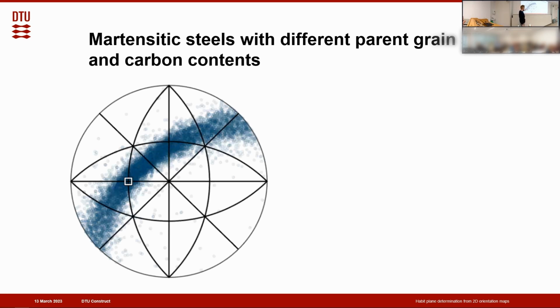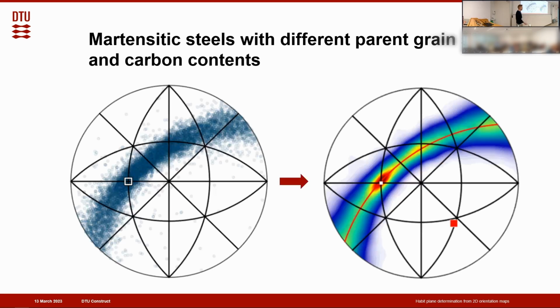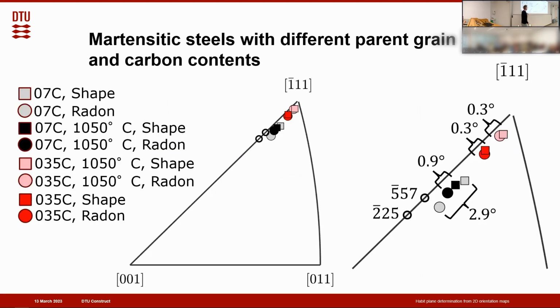So what we get then is this distribution of traces, which again nicely follows some kind of plane. And if we then take the ODF from this and find the best orthogonal direction, we get this habit plane normal vector. You might see that we have a pole here. I will go into this later. And if we do this for all the data sets, we can see how they distribute. So they're all in the 111 austenite corner here. And if we then magnify this, we can see that